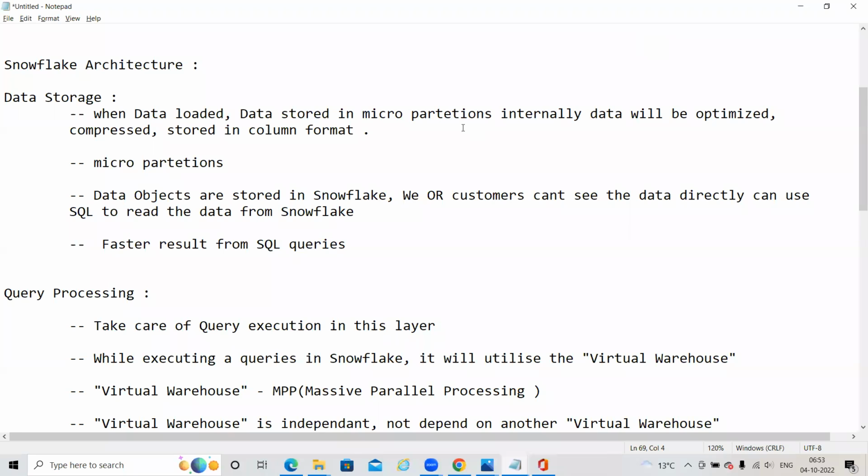Do you have any queries on Snowflake architecture or the micro partition component? Then shall we discuss the remaining concepts in tomorrow's class?